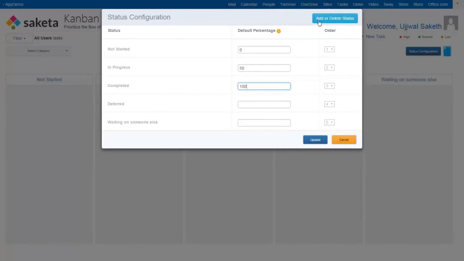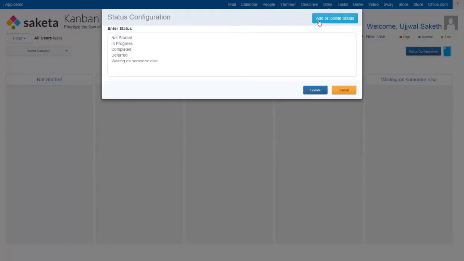To change the statuses, you can go to add or delete status here. And now let's give the statuses that we've defined for our fictitious e-commerce organization. Start with order received. Dispatched from warehouse. Delivered to customer. And unable to fulfill order. And when we hit update,